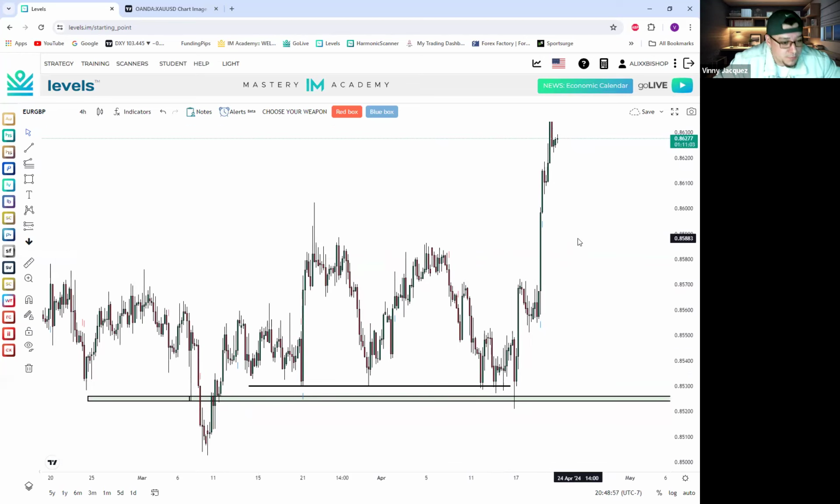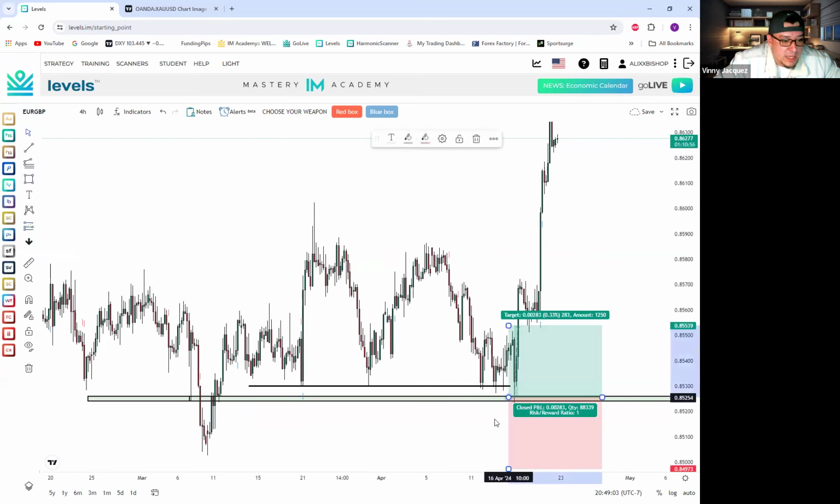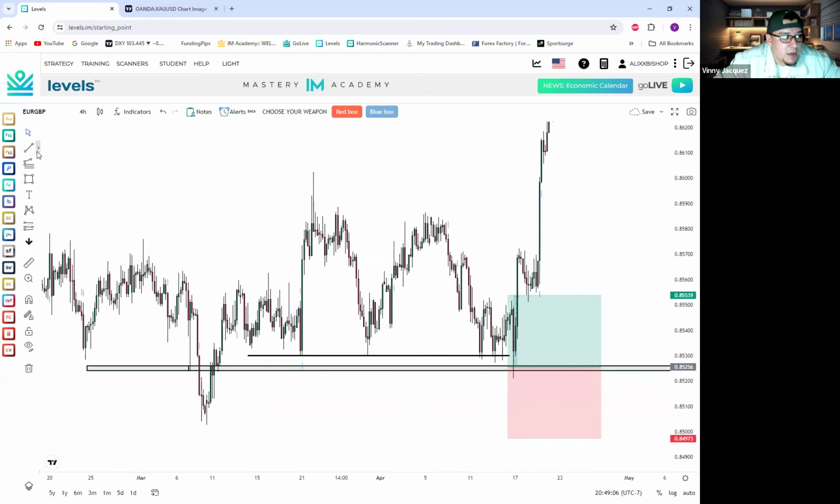That thing jumped. That thing jumped, guys. So let's go ahead and bust out the long. This is where I would like to enter. My stop loss is down here,